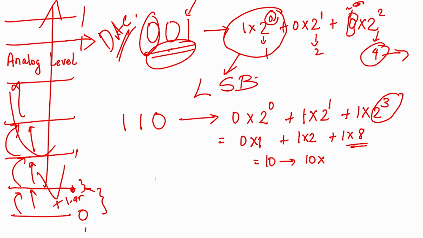Yeah, so what we have to do is take 111. What does 111 correspond to? 111 is 1 into 2 raised to 0 plus 1 into 2 raised to 1 plus 1 into 2 raised to 2, correct? So what is this? This is 1 plus 2 plus